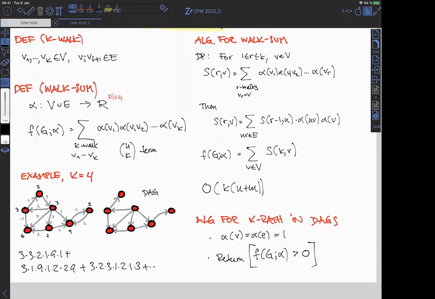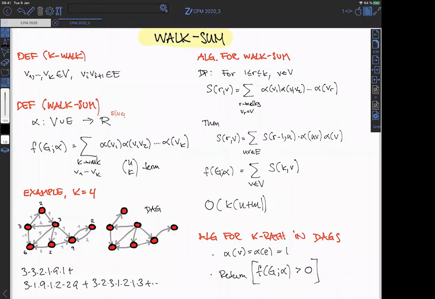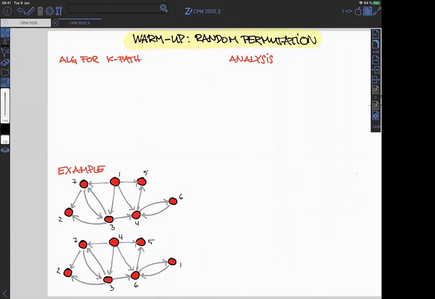All right. So we are still firmly in folklore territory. And let's see an algorithm for k-path that works not only for directed acyclic graphs, but in general. And the algorithm will be a randomized algorithm. It will be the first one, and we're going to refine this. So the idea would be to